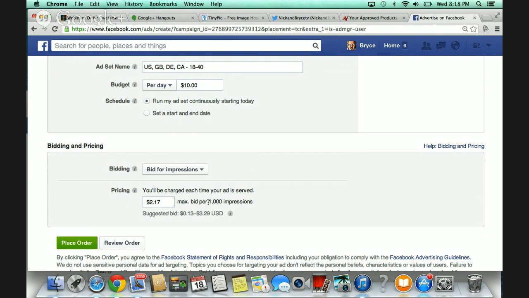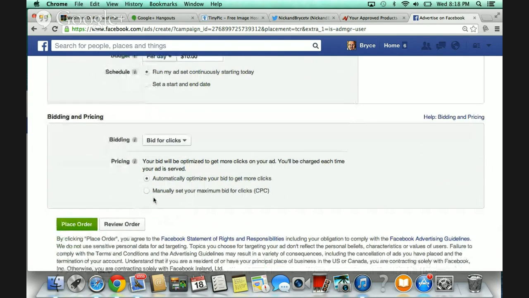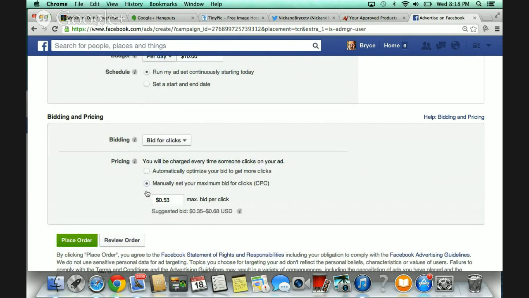5,000 people see it, do the numbers, but a lot of people sit there and go, I just want to pay for the people that actually want to come to my site. I'm willing to pay that to have people come to my site. And I suggest you keep it automatically optimized. Why? Like I said, you can manually set it. It can be whatever you want. This is the suggested bid. The reason it's there is simply because this is what the people in this demographic that you set up are paying.